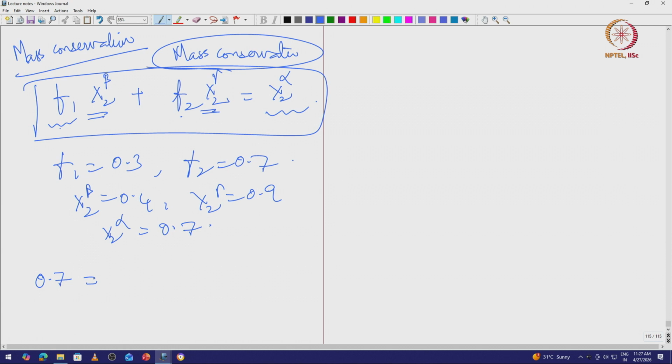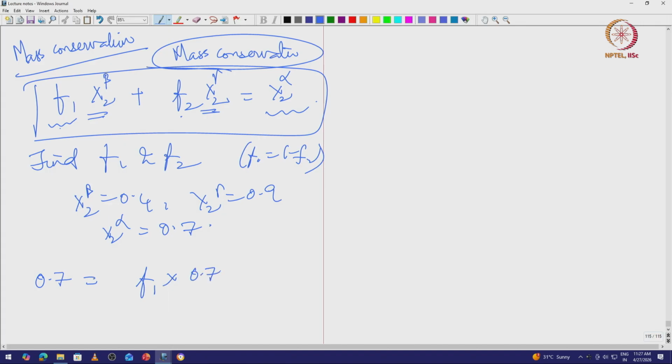Oh, sorry, I have to find something, I cannot give you everything. So, find the fractions, find f1 and f2. So, f1 equal to 1 minus f2. So, f1 times 0.9 plus 1 minus f1 times, sorry, correct me. So, f1 times x2 beta is 0.4 plus 1 minus f1 times 0.9, now that is equal to 0.7. So, I have 0.9 minus